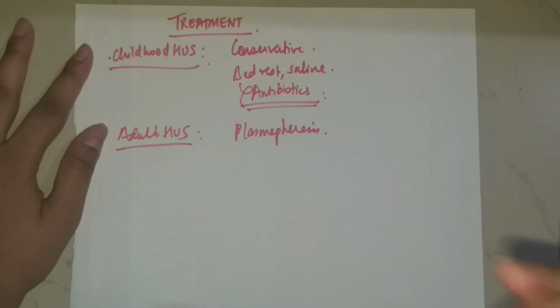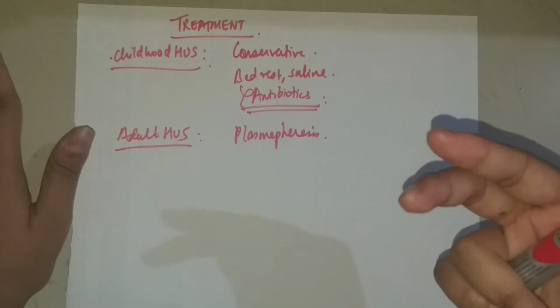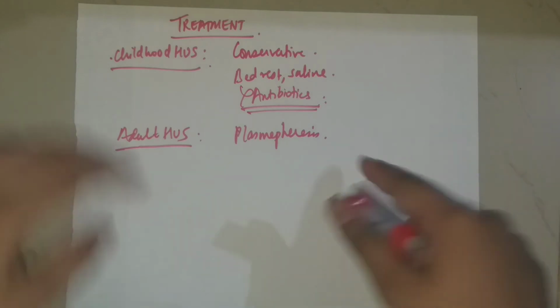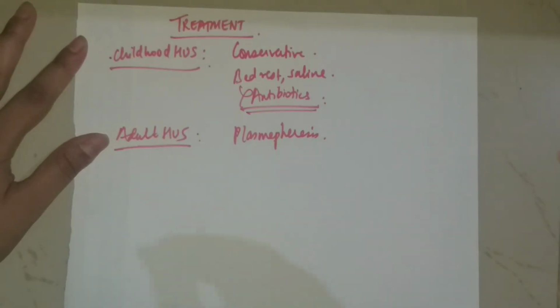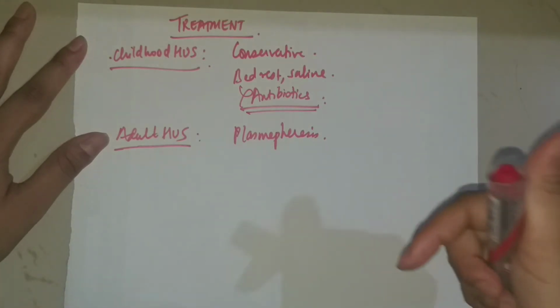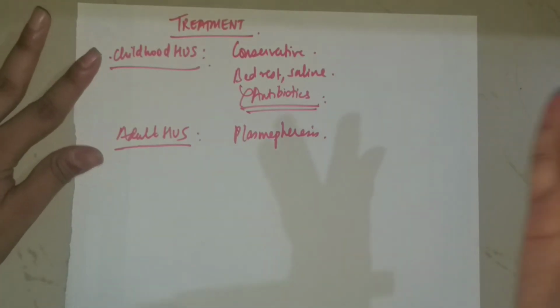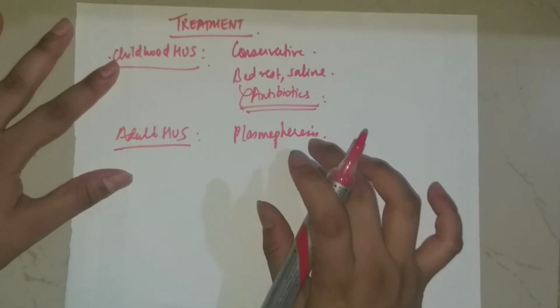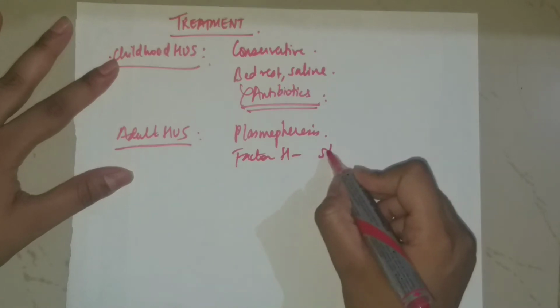Usually in plasmapheresis, any harmful product in general is removed. This is all extracorporeal, which is happening outside the body. The plasma, the harmful products are removed, and some deficient products are added. So in this case, the deficient complement regulators are added to the plasma, and it is sent back to the body. So it will prevent the overactivation of the complement system, and hence it will reduce the symptoms. This is one modality. For factor H, it is found that steroids are helpful.